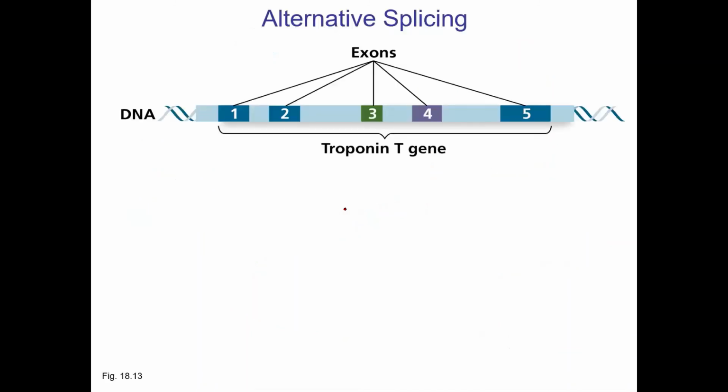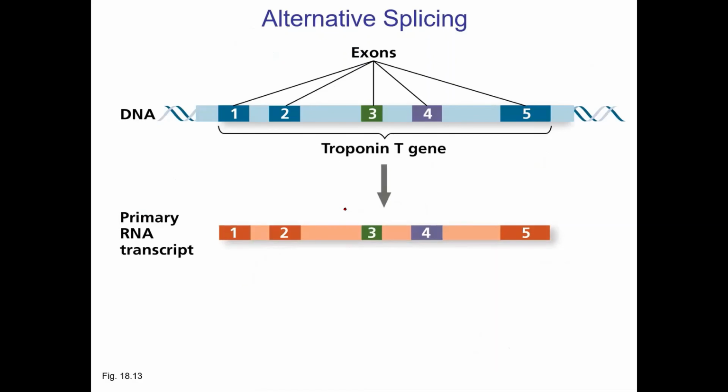The best place that this has been investigated is actually part of your immune system. I know this is talking about a gene called troponin, and I'll show you how this works. The term for this is alternative splicing. Take a look at this, and I'll talk about how this works for the immune system in a moment. But basically,